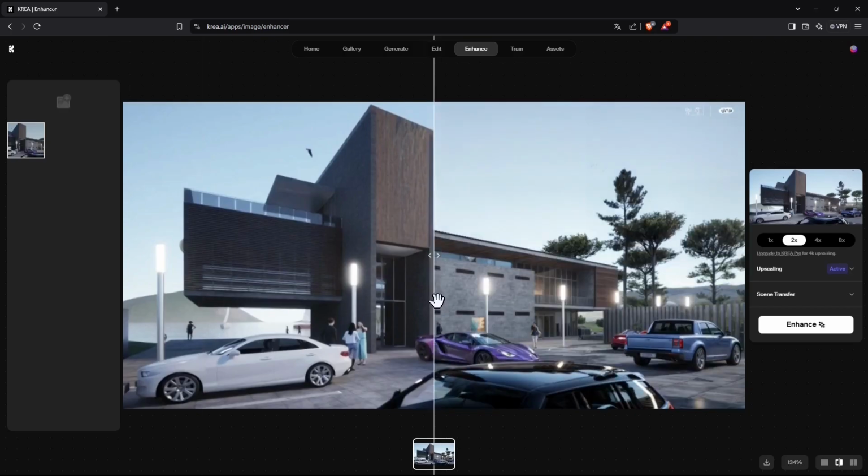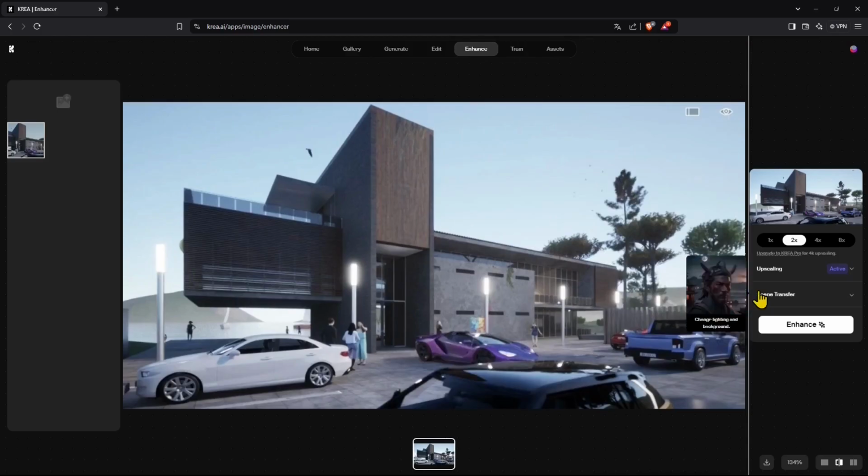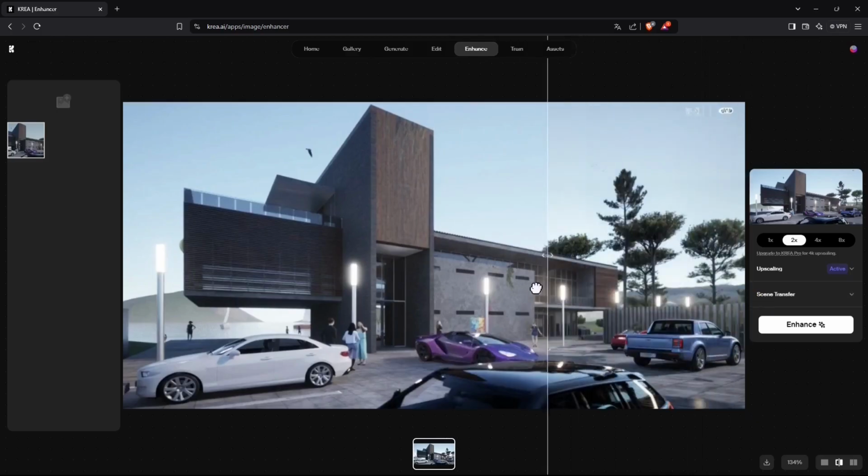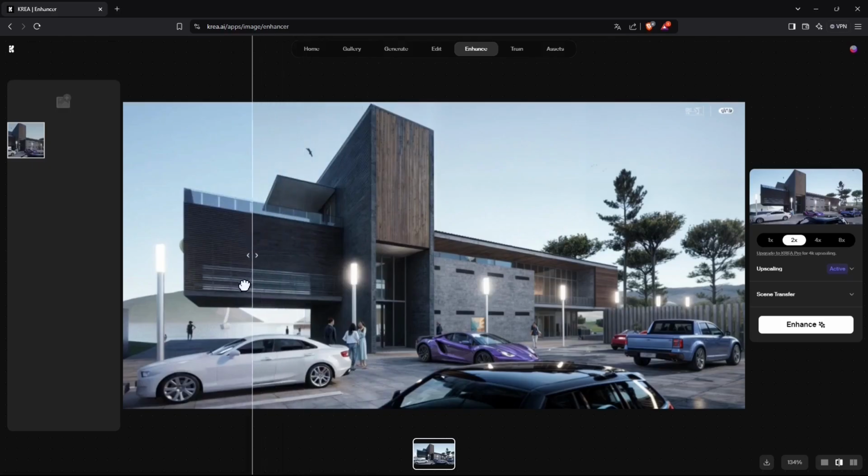Now, this line in the middle, this is a slider. We can slide this to see the before and after. So left side, we have before, right side, we have after. So we can immediately tell the difference. So if I scroll this line, you can see that the resulting image is